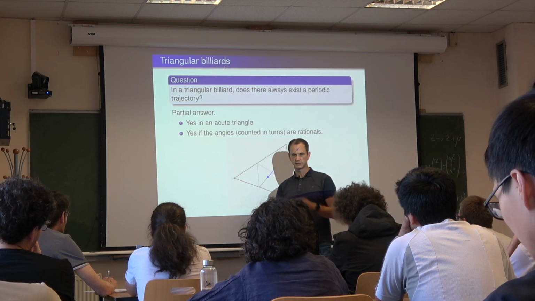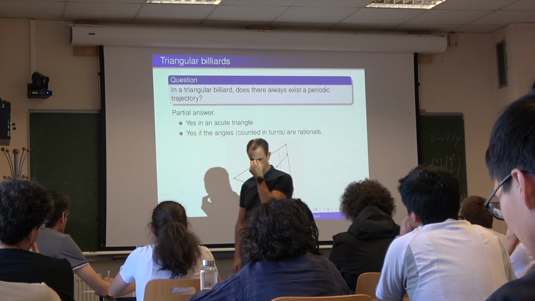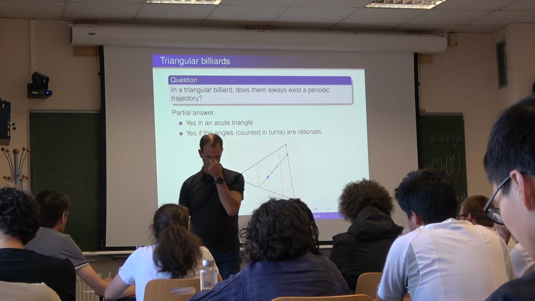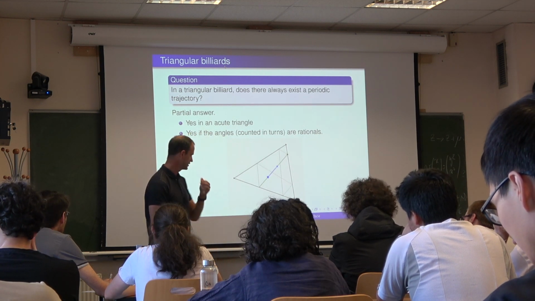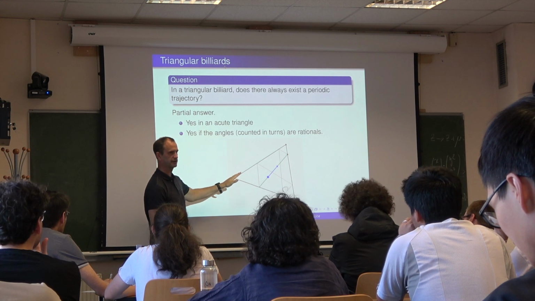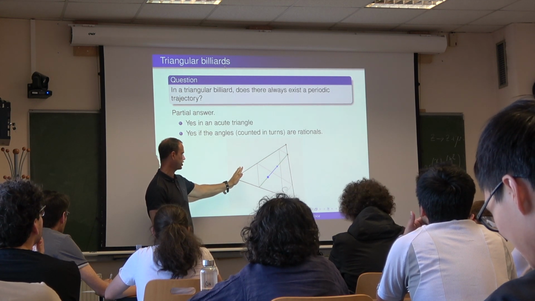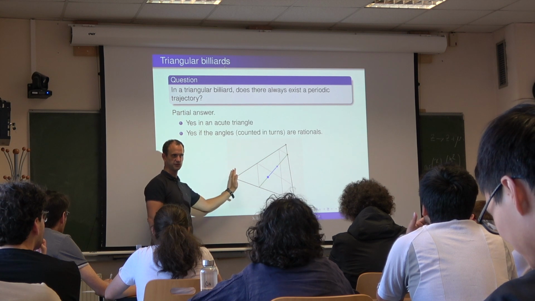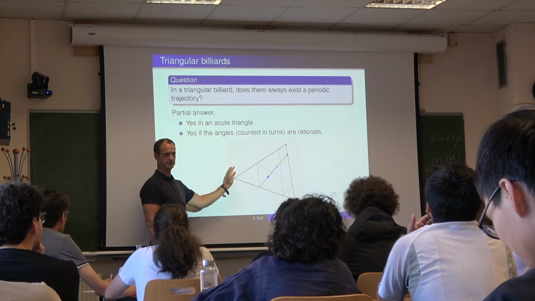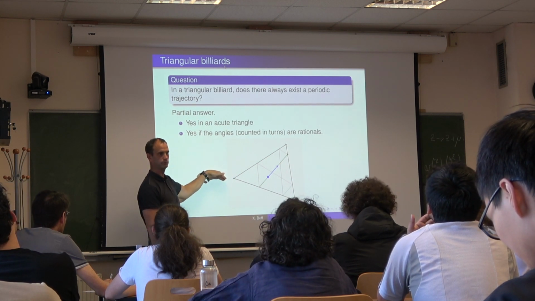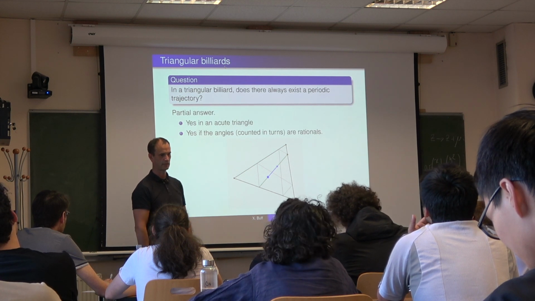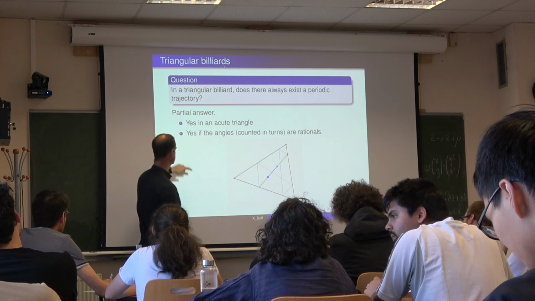So there is current work, I think by, I don't remember the name of the author, that tells you with computer assisted proof that up to some definite angle, there is always a periodic trajectory, but it does not cover all possible angles. A much more difficult result